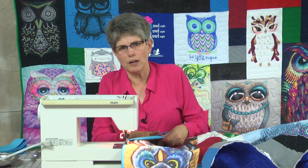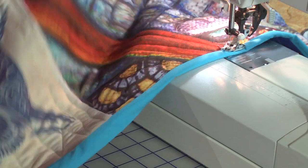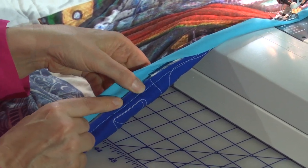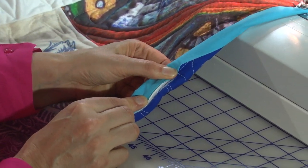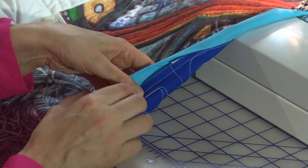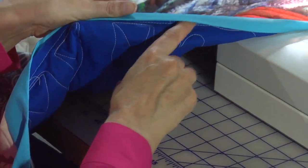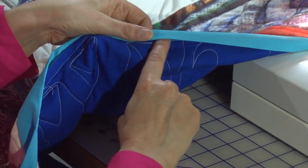Let me show you what I'm doing underneath the quilt so you can see better exactly what I'm trying to get smooth. What I'm doing when we're back here on the back is I'm making sure that these layers lie smoothly against the top of the binding. If it's folded like this, you're going to have the batting or the top of the quilt showing. So it's really important that you use your finger and smooth that down, and then when you turn your binding around, sometimes this will pop out again. So you're running your finger underneath here, and you're trying to make sure this is parallel, even, nice and smooth,